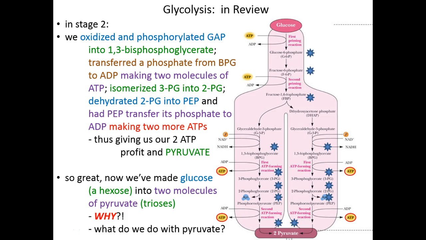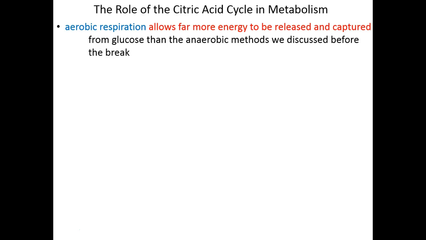Well, the short answer is, at least as far as the glucose metabolism story goes, we are going to convert that pyruvate into acetyl-CoA so that we can feed acetyl into the citric acid cycle and rip electrons from it, stealing energy that was previously stored in glucose along the way. So the role of the citric acid cycle in metabolism is multifaceted. We've got its role in stealing electrons, which we will focus on, but it's also involved in catabolism and anabolism, breaking down other molecules to energy and using precursors of the citric acid cycle to build the molecules we need